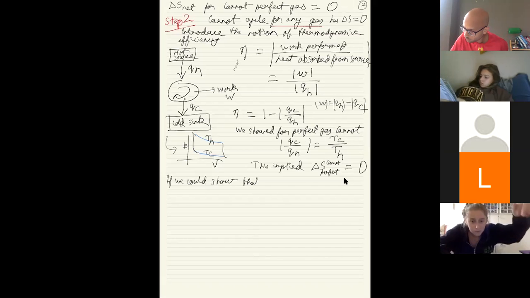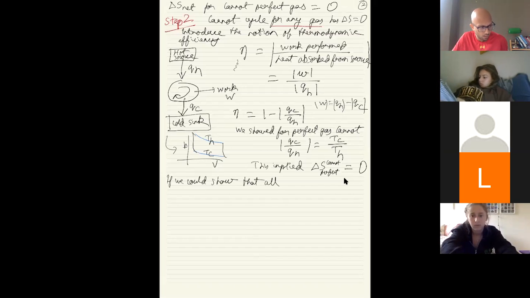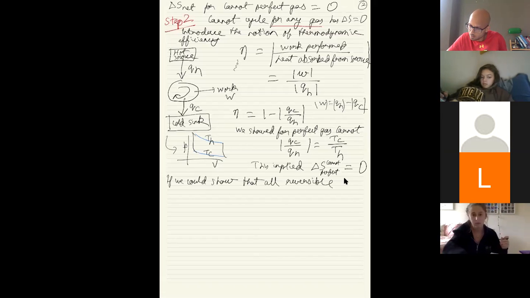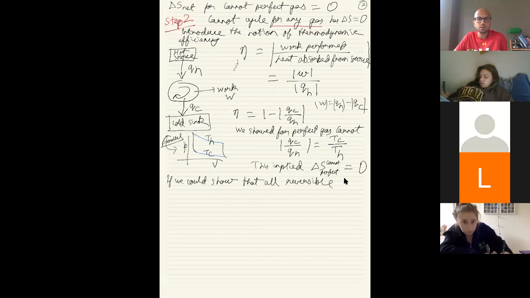So if we could show that all, and again, we are only talking about reversible changes. Even this thing that we are talking about is a reversible change that is going on. That's a PV diagram in the bottom left, just to show the one we have been drawing in the past for the Carnot. I just wanted to draw a parallel between this engine construction with a source and a sink and how it corresponds to the PV diagram that we drew. Here, we did not care about the two adiabatic parts, but they are going on in parallel.